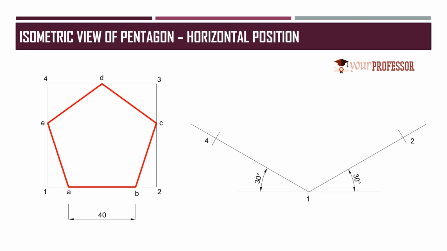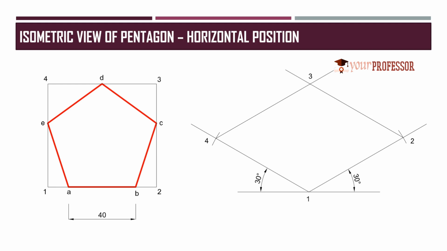In order to find point 3, you can draw parallel lines, or otherwise, considering the distances, you can drop arcs. Here I am drawing a parallel line from 2. This line is parallel to the line 1, 4. Now from point 4, I will draw a line which is parallel to 1, 2. Both will intersect at point 3. So we have represented the rectangle in isometric view.